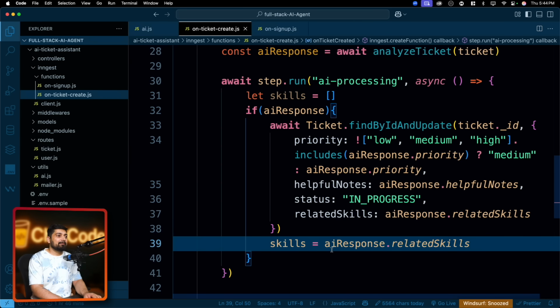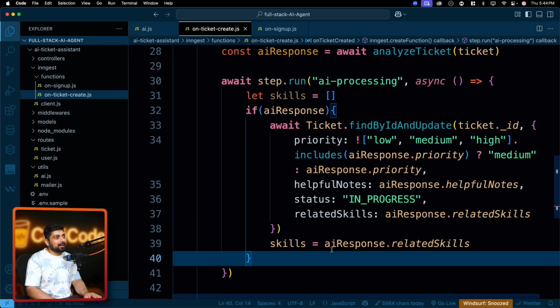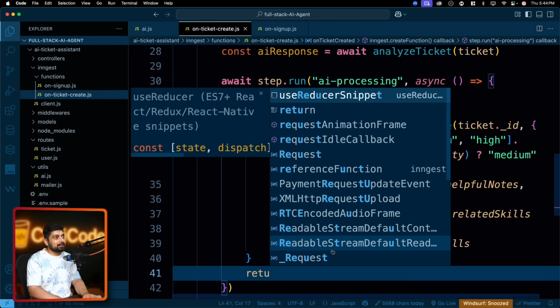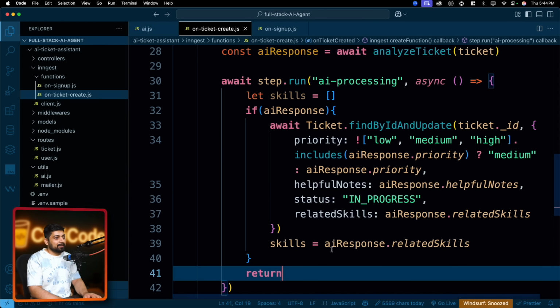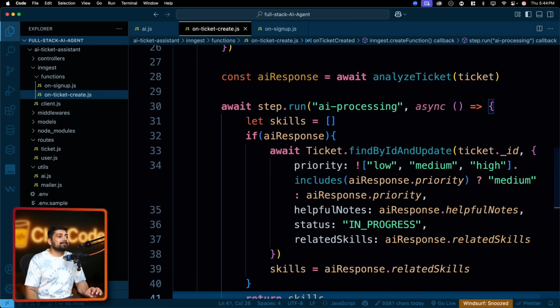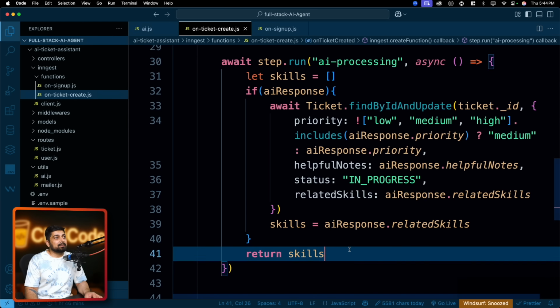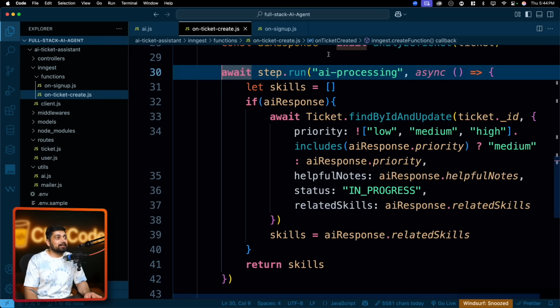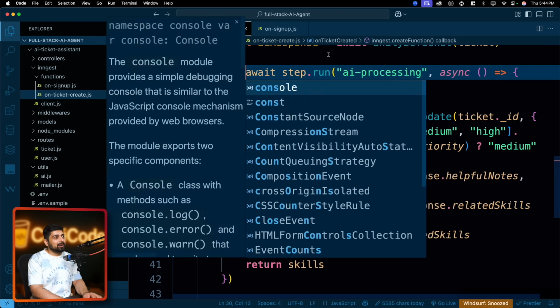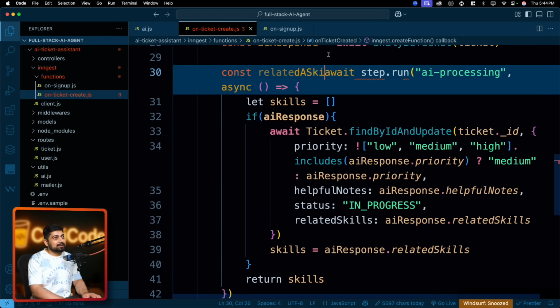You might be wondering why you would want to do that. The reason is so that I can come back here and return this skills. As soon as this step function runs, I do have this skills return, but as of now, I'm not capturing that into any variable. Let's do that. So I'll call this one const related skills